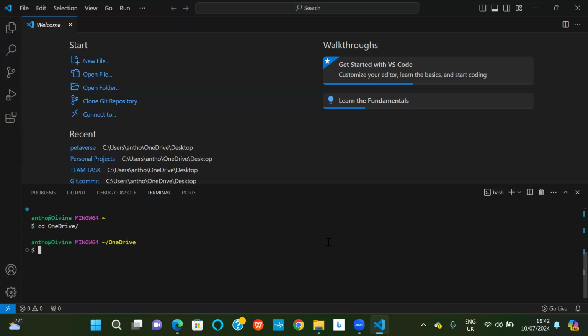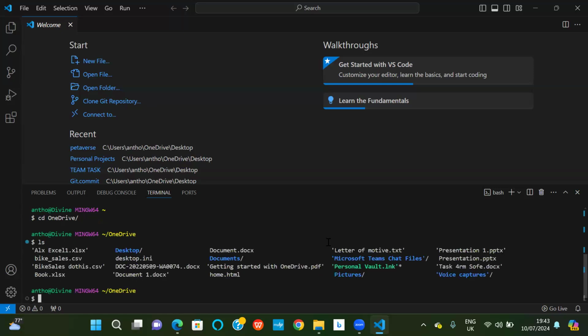So let's see if you have your desktop here. So ls. It's the same thing that Ronke was having the other time. Yeah, your desktop is here. So now CD. When you CD, you want to mention the name of your directory. Ensure that you type it the way you see it because they are case sensitive. So CD space desktop.